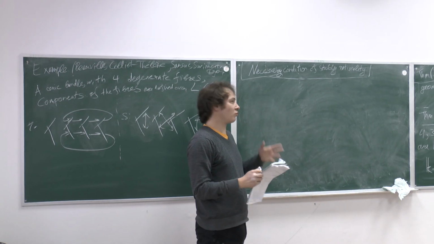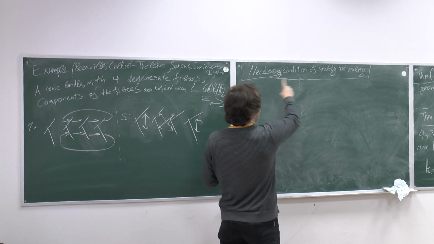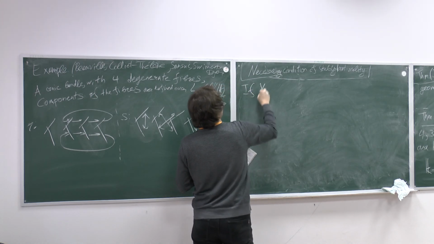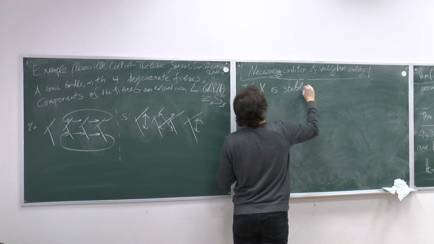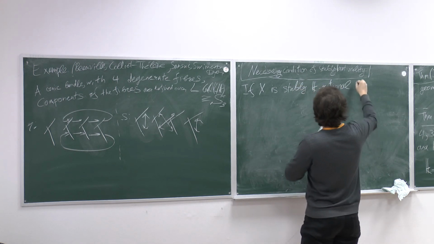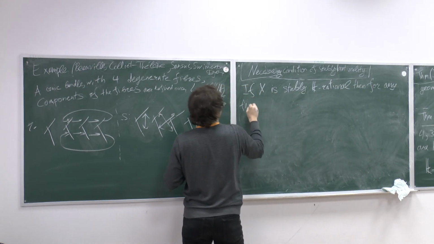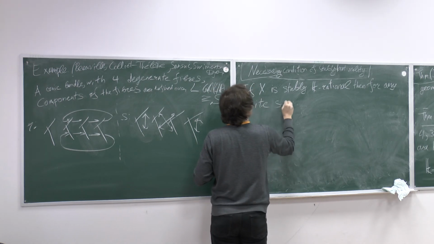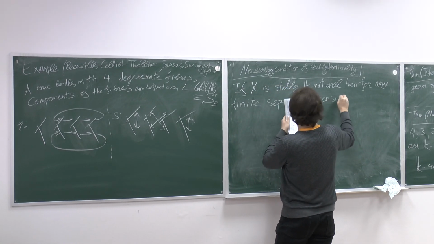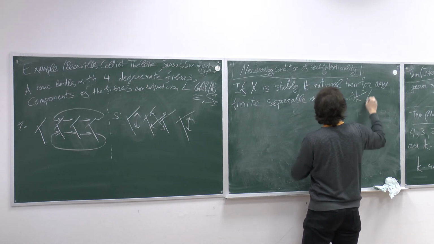But what's the step to show that a surface is not stably rational? There is a necessary condition of stable K-rationality, the following: if X is stably rational, then for any finite separable extension K' of K,